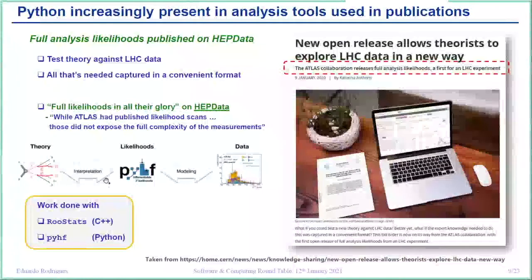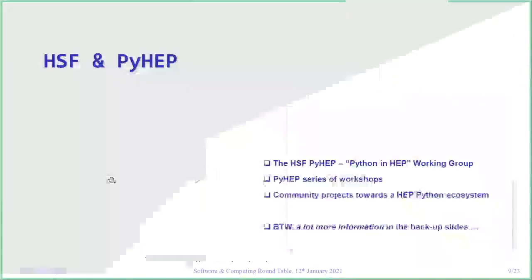So you see that we're now getting even publications where Python tools that have been developed in the last 2-3 years are making it all the way to being something really used for producing the final results. Okay, so coming then to the HSF and the PyHEP working group itself,